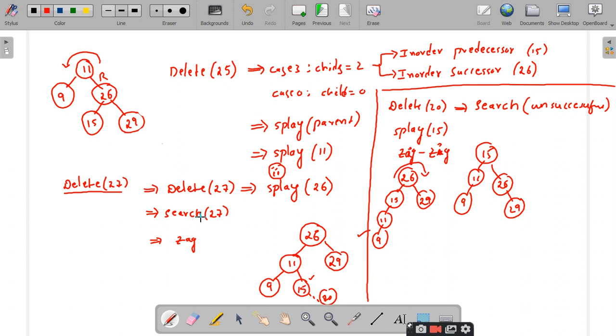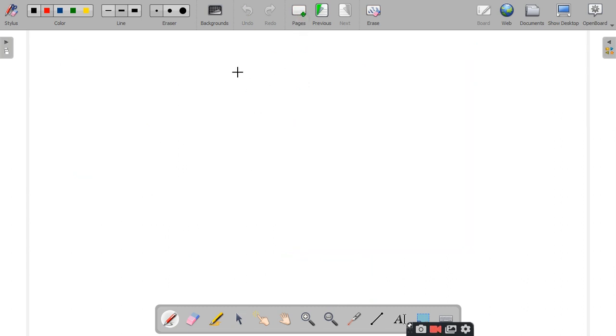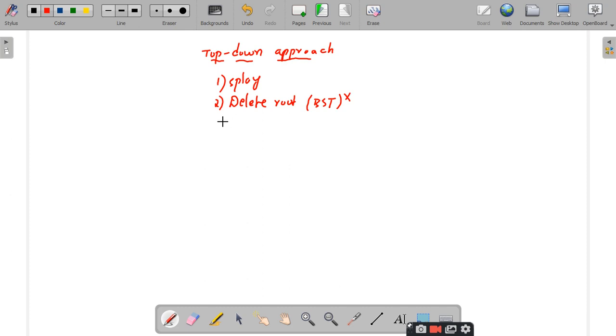So we have one more technique called the top-down approach. So what is it that I have told in the top-down approach? What is the first operation you have to perform? Splay of the element. First you have to perform the splay of the element, and then you delete the root node, and then here there is no need to follow the BST rules, right? And then you have to perform a join operation. We'll see what is there in it, right? So let us take an example here.